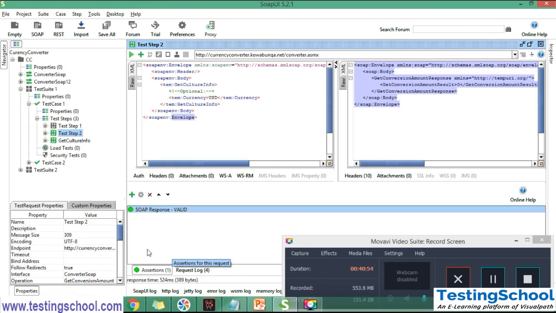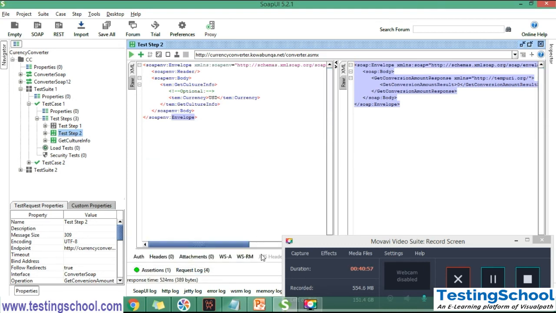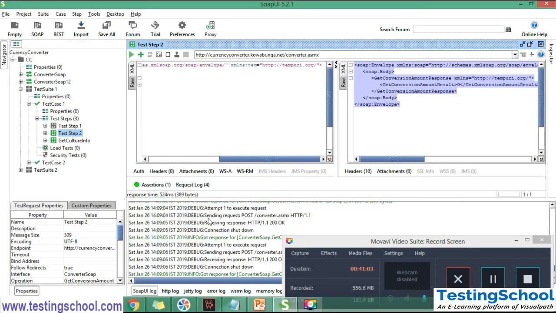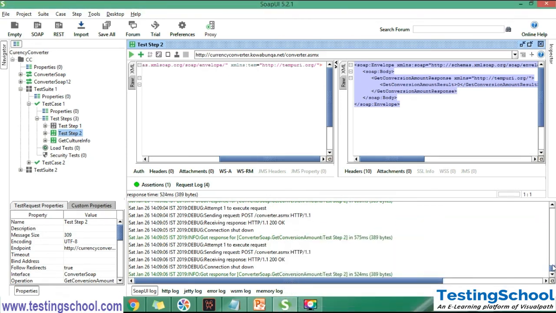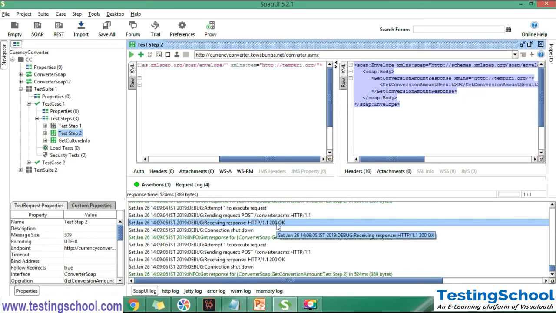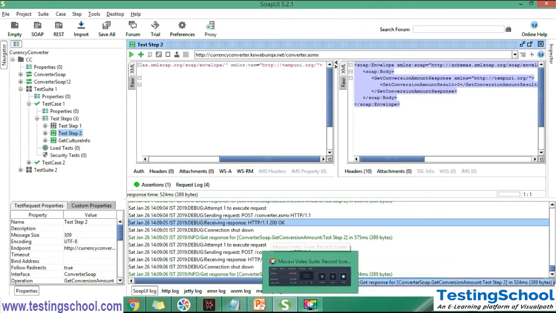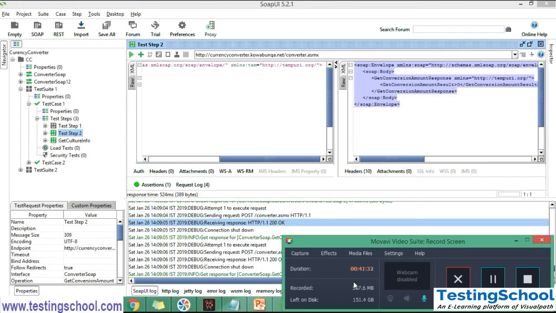Another important one is logs. So where can we see the logs? Here, the SoapUI logs. Here you can see what is going on each and every time. The transaction between client and server, everything we can see in this area. It went to the server, and this is the HTTP response we received, and these are the HTTP status codes. Now we discussed how to create the project and everything, how to send the data in the request.